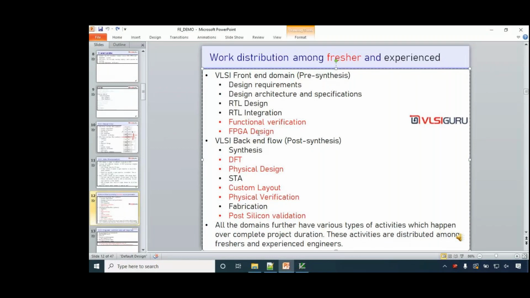Now, does it mean that these are high end works, these are low end works? I mean, is it like a low priority work and like high priority work? Not like that. That's not the reason. Typically what happens is, if there is a team of,